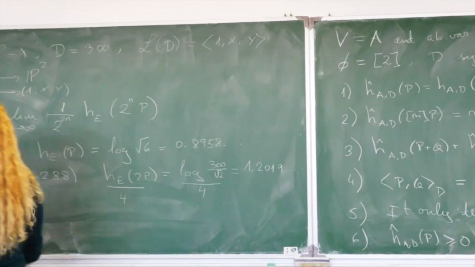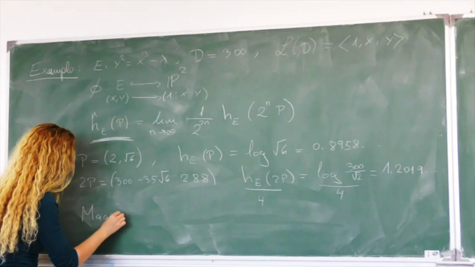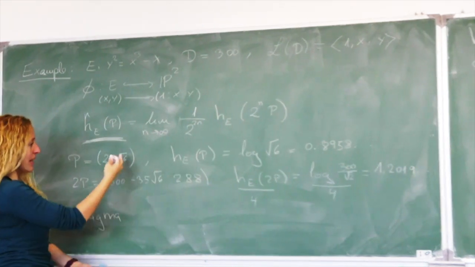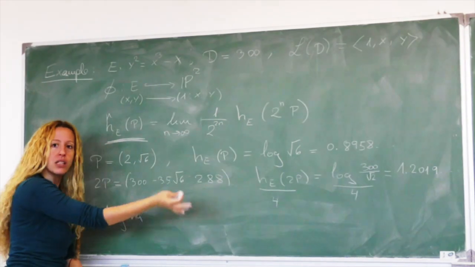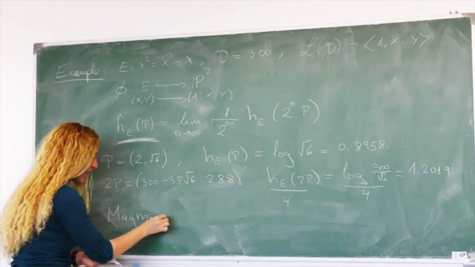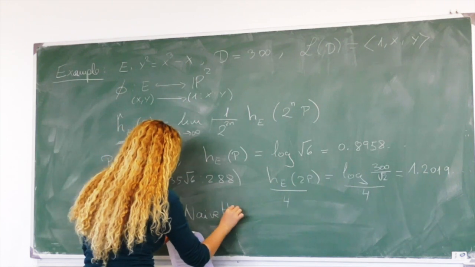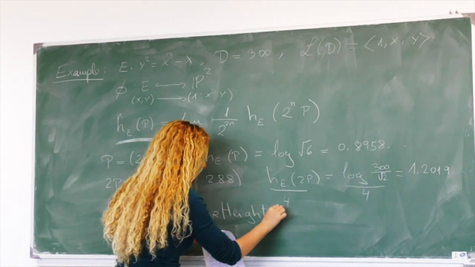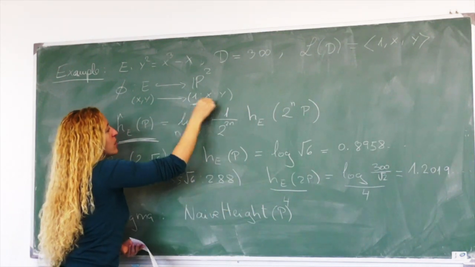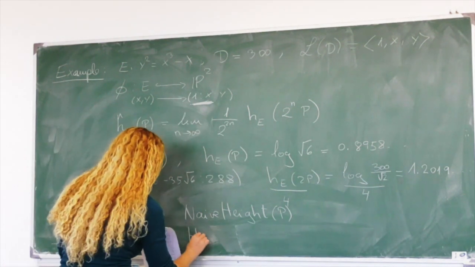So again, I invite you to check what this value is with Magma. This we cannot do by hand, because we cannot compute this limit by hand. It would mean doing what I'm doing here, computing for each multiple and seeing how much it converges. So with Magma, you have different commands. You have naive height. This just gives you the height on the x coordinate inside the projective space. So this is not that good. But then you can compute the one that I told you